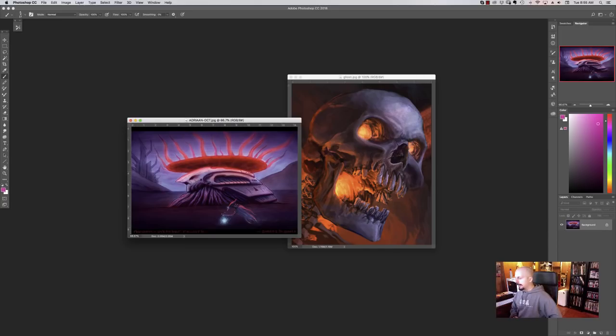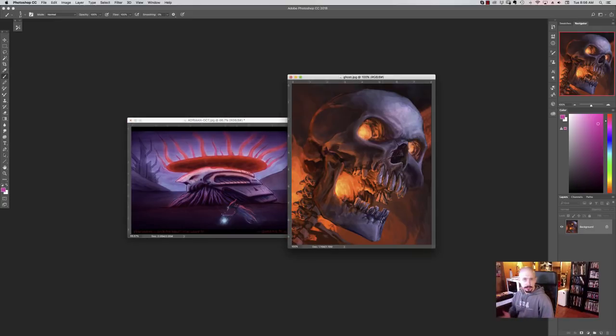Alright, now these two I kind of categorized together because I thought they fit really well, in that I feel very similar toward them in the scope of this challenge, and they're both very well done. Adrian, I love your work. I'm not exactly sure who this is because it's just called Ghost. Again, very well done on a technical side, but they both kind of missed the mark in regards to what this challenge was about.